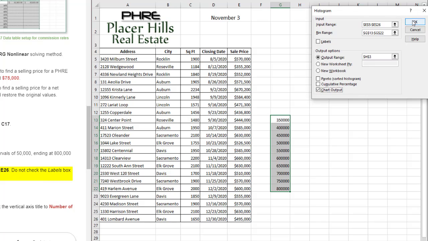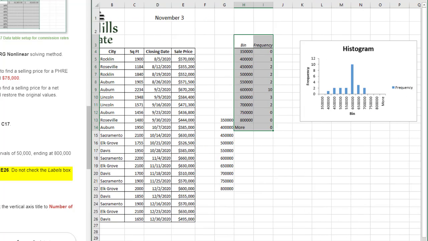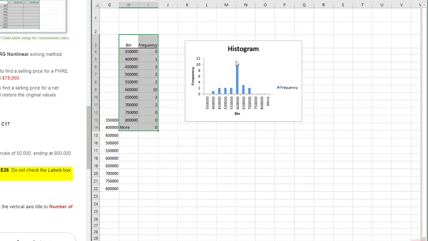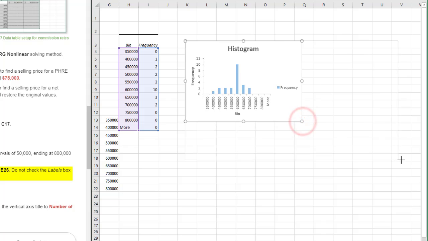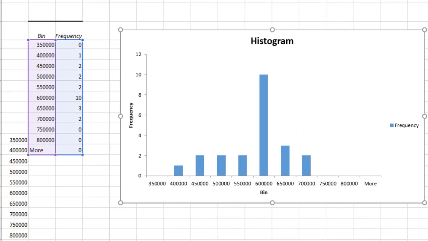Hit OK. And it gives us a lovely histogram over here. And I think it says that it wants it between K3, which it starts in already, thank you, down to V19, I believe. So just drag it somewhere in the middle of V19. And that looks good. Now we want to edit this histogram a little bit, customize it a little bit for our purposes. So down here, instead of bin,